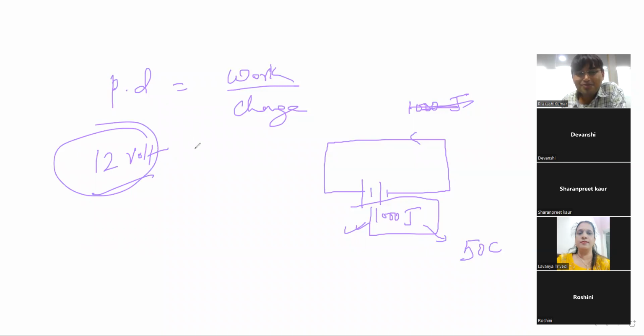So first realize how you can understand it from this formula only. Potential difference equals work by charge. All of you agree? You know this thing, work by charge. So now you said that the potential difference is 12. So how does this 12 come? If you relate it, in place of work,